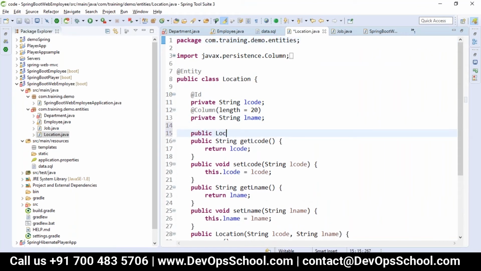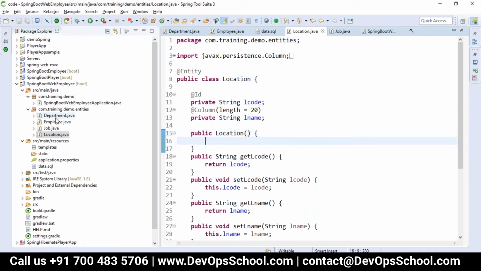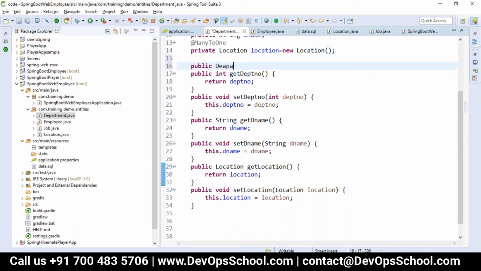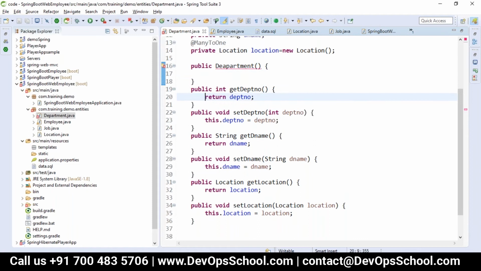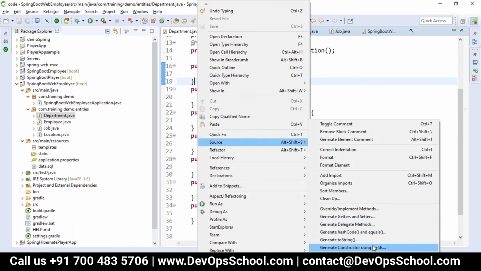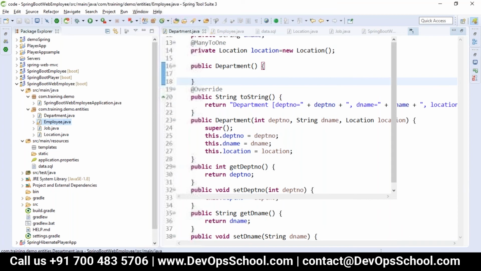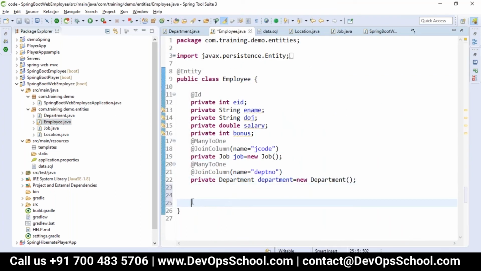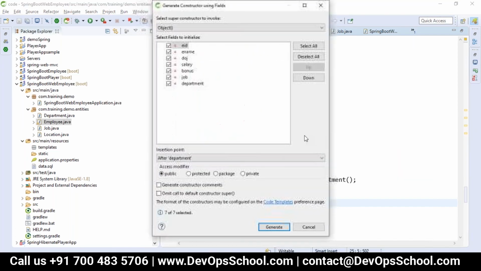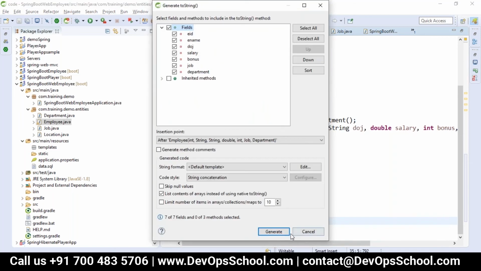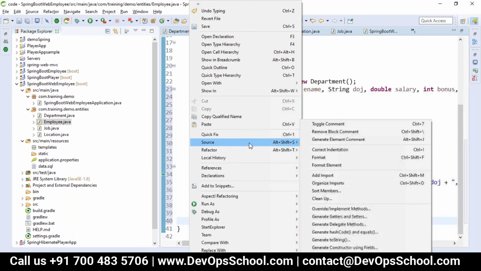I'm just adding the constructor here. Just the last one.